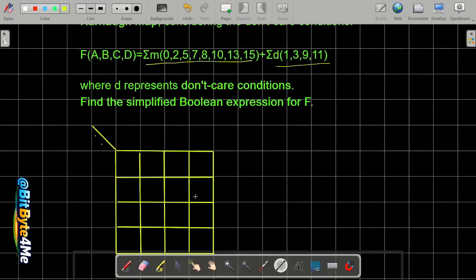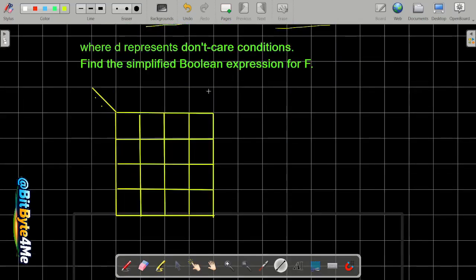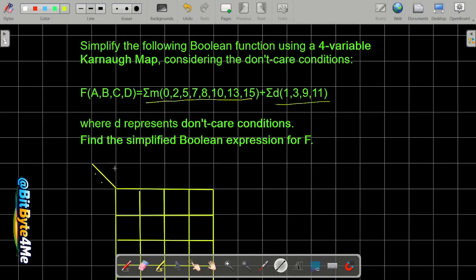So this is a 4 variable K-map and the variables are a, b, c, d. We will write a, b on this side and c, d on this side. So the values of a, b and c, d will be